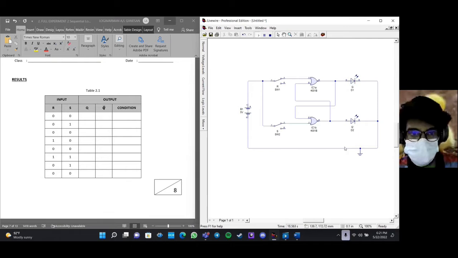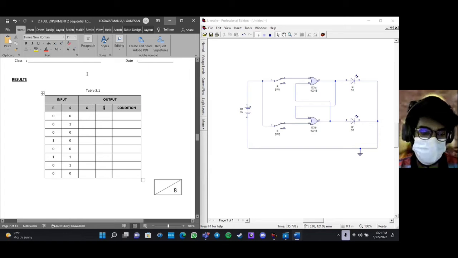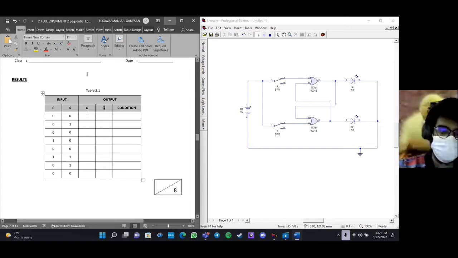Both inputs are at 0 right now, which means 0, 0 will be